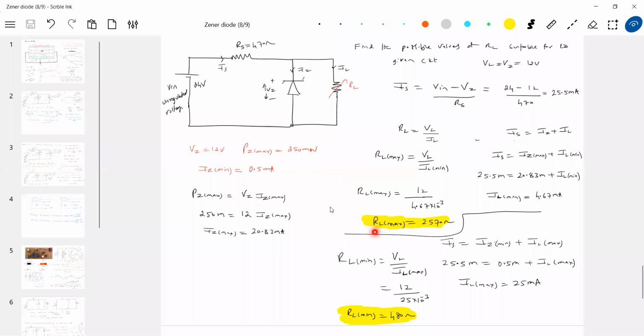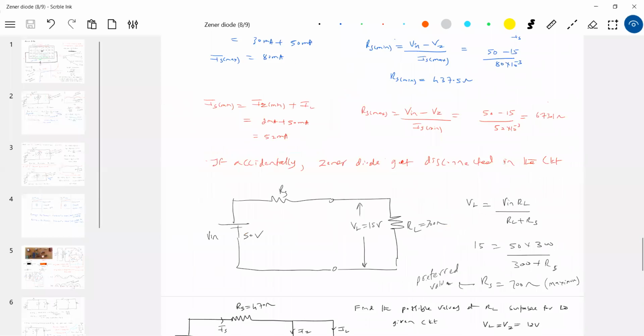Good idea. So in books, when you have a tidbit problem, one problem of this, one problem of that, they are spread randomly. I just summarized it as a whole concept. There can be a problem where RL, what possible value of load you can connect for a given circuit. Any load you can connect? No, there's a limit. If the value of load is within this range, it will act like a voltage regulator, this circuit. Otherwise, regulation is not possible.